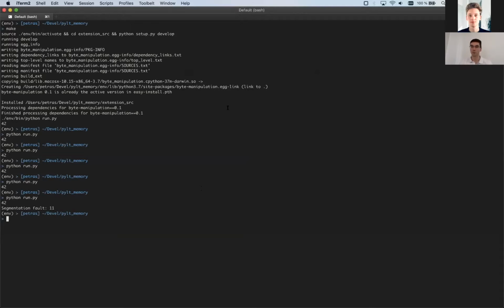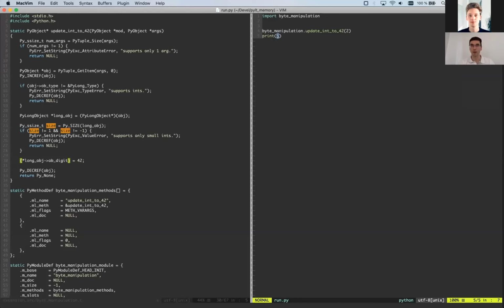Because it probably uses number 2 somewhere else to access memory, and it assumes that it's true, but I changed it to 42, so maybe it asks the operating system to remove stuff, and it tries to remove from a different process or different program and says, no, you cannot do that. It's a segmentation fault.